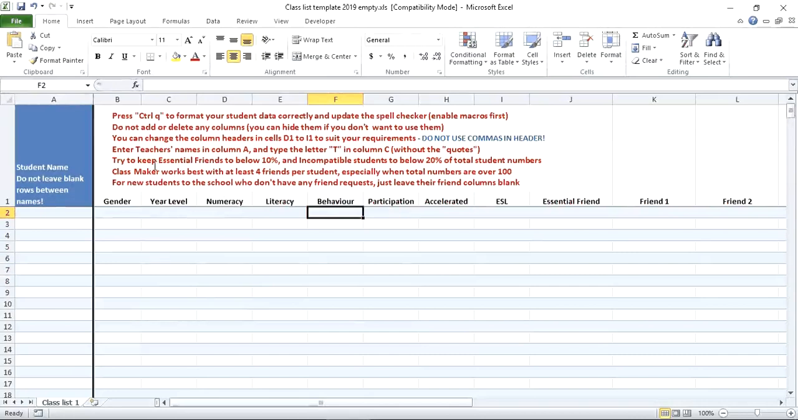There's a comment to try and keep essential friends to below 10% of the total cohort and incompatible student numbers to below about 20% of the student numbers. These are guides only. It will still work if the essential student numbers are above 10% and incompatible students are above 20%. However, it is good practice to try and keep these as low as possible and only make them in essential circumstances. ClassMaker works best with at least 4 friends per student, especially when the total numbers are over